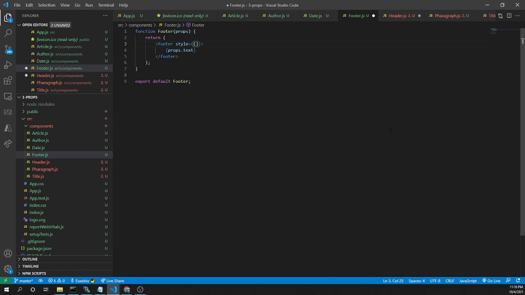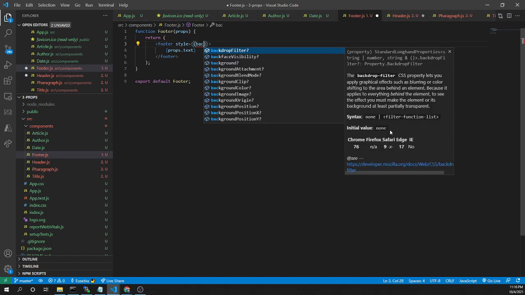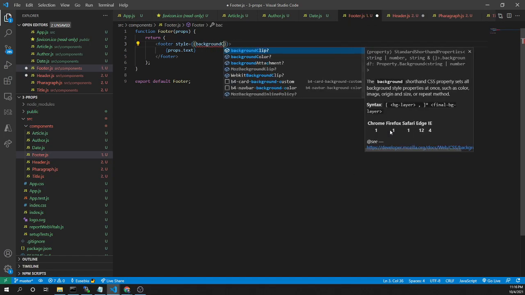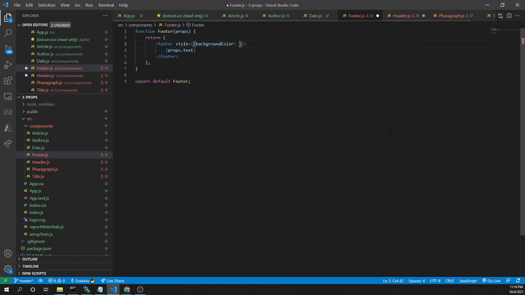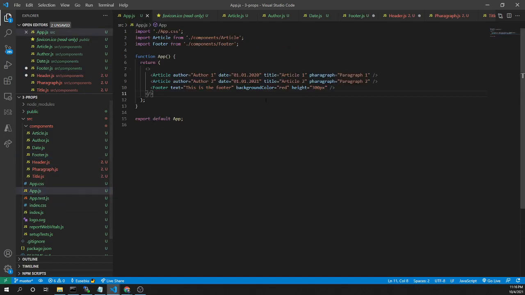So in the style I have the background color property from JS, and I'll add for this property props background color. So the value is my background color property sent here.